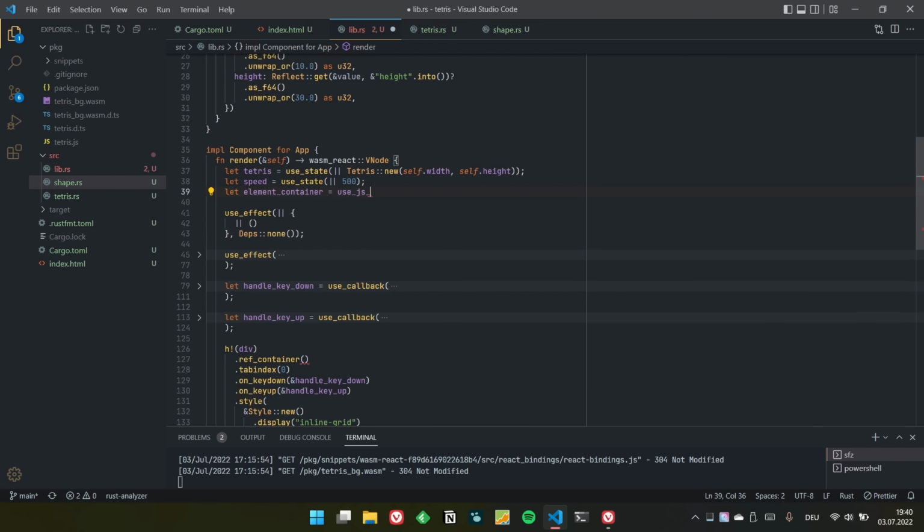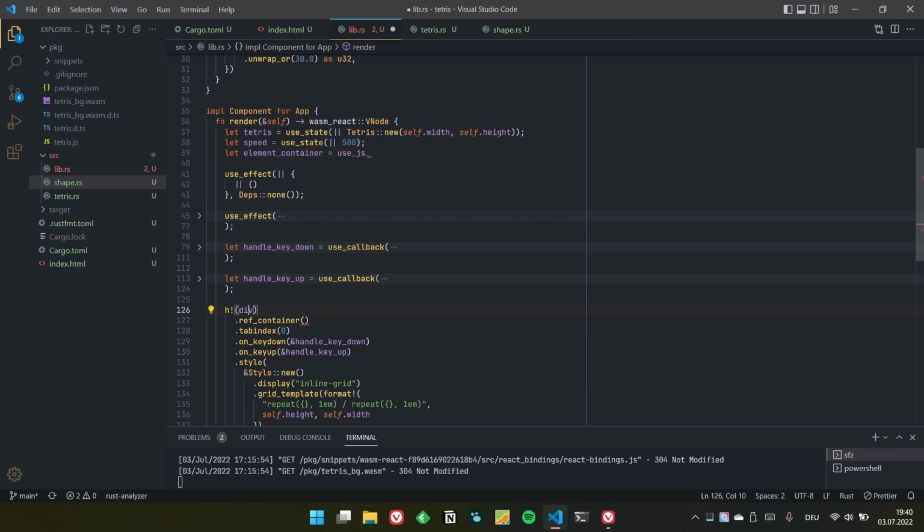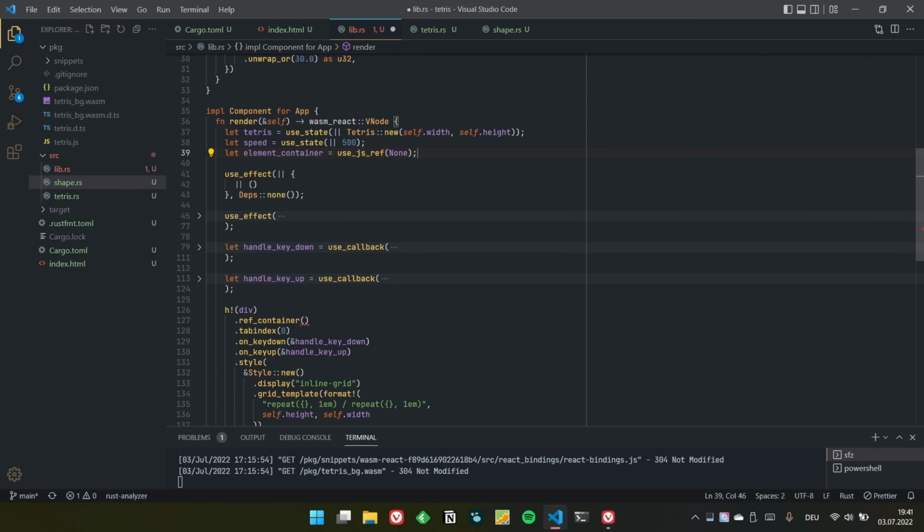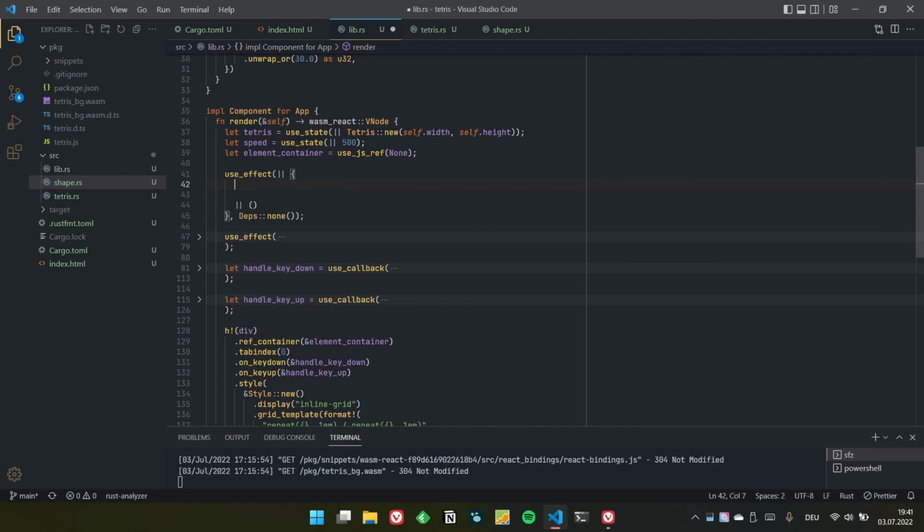What are we doing? We want to autofocus our div, right? Okay, yeah. That's why we have a ref container here. We want to save the HTML element in a ref. Use JS ref none, and then we can use element container in here. And in our effect, this effect will be run when the component mounts. So we can say something like element container in here, current dot